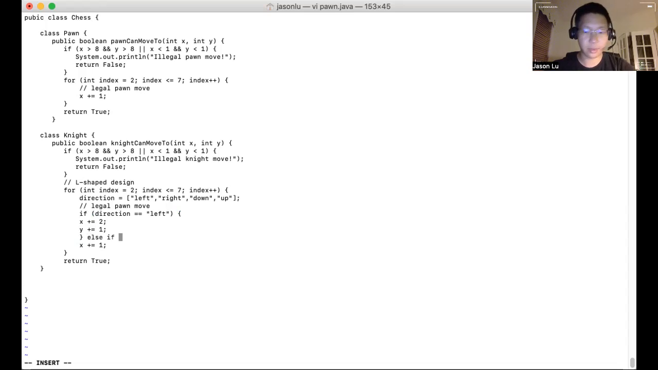Else if direction equals right, you're going to actually do the opposite. Y plus equal 2 and x plus equal 1. And then another else if. So if direction equals up,